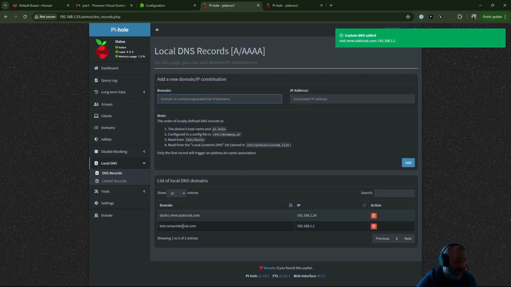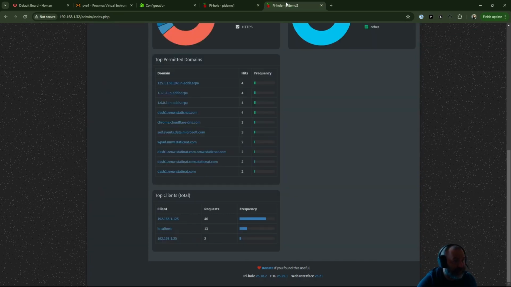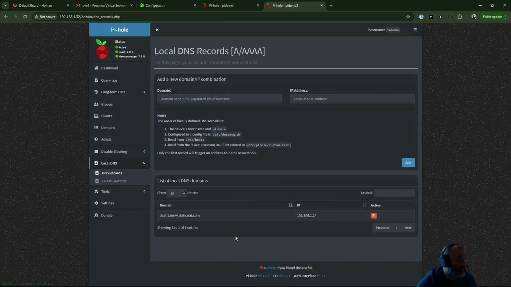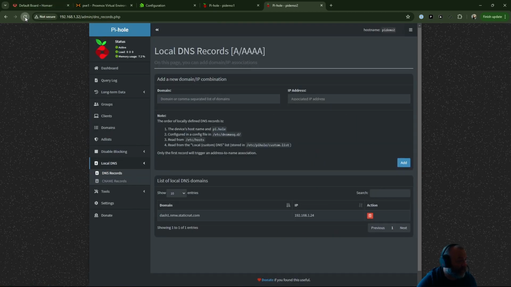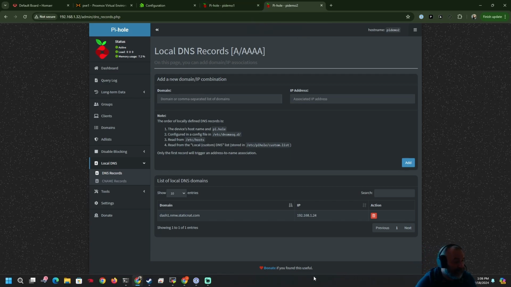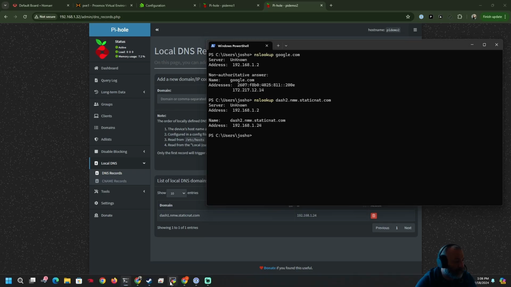So we do an add. It adds it. Do a refresh. It's there, 2 entries. We go back to local DNS here. We do DNS names. We do a refresh. None of this is automatic right now. That's the next step. So then I'm going to go back into, not PowerShell, I'm going to go back into